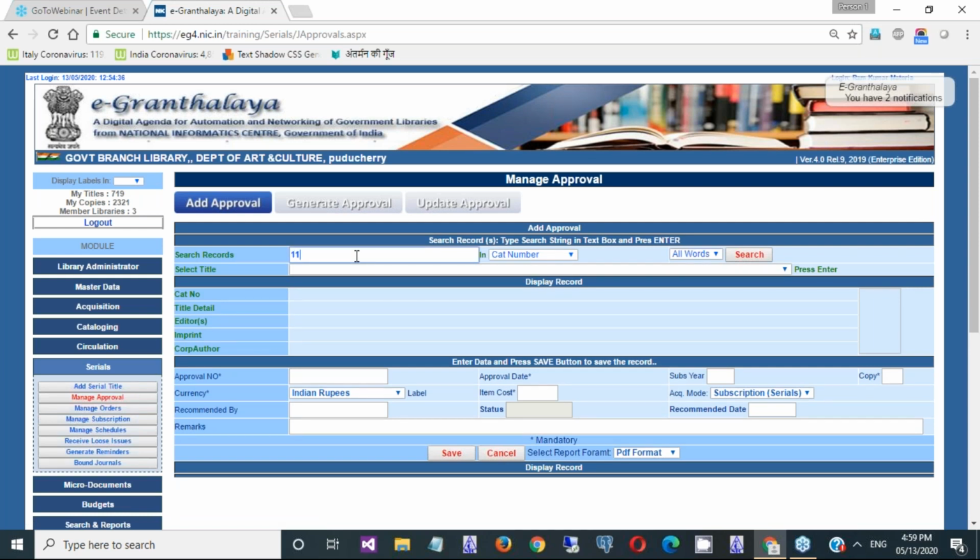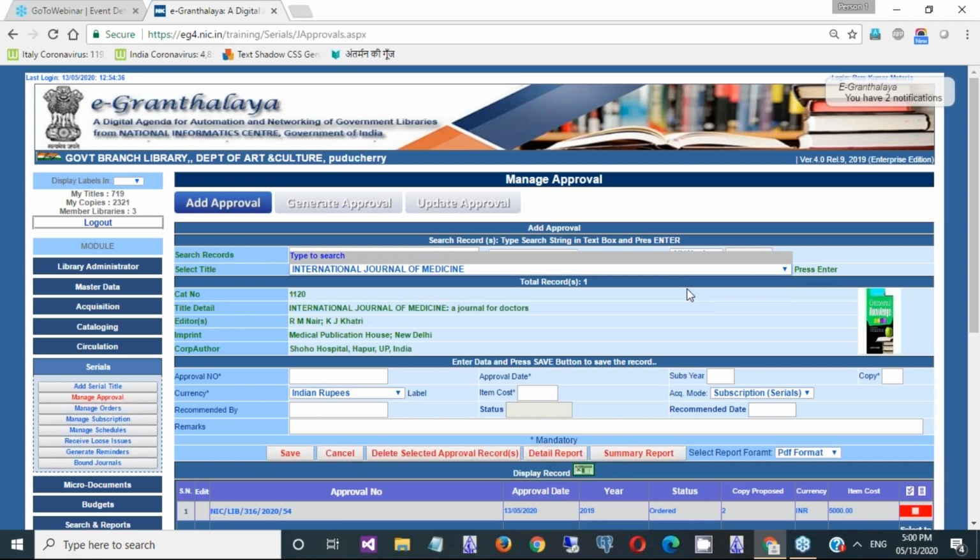I will search it from here. I can search from any of these fields. If you know the record number, you can select it. This is not that record number basically. This was rejected. So it is 1120. You can search by keywords also, by title also. So you can see here